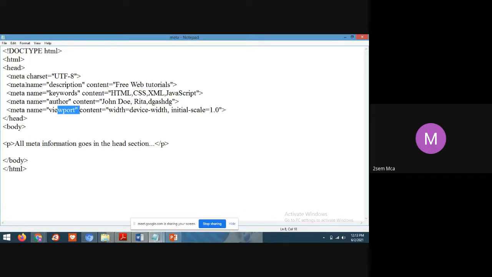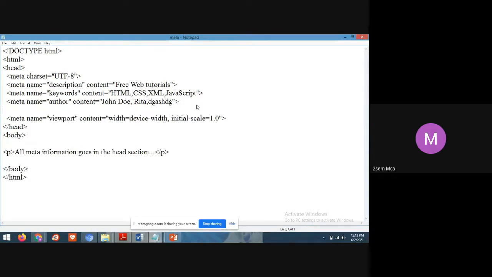Getting? Today afternoon you have lab, students. You have to implement this tag in the lab. This meta tag contains additional information about the program, and the statements we write in this meta tag will not be displayed in the output. Getting? Yes, students?